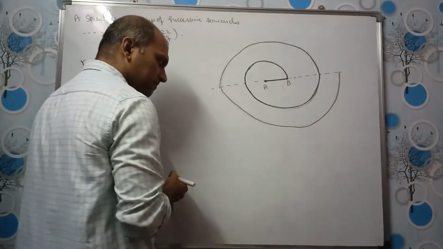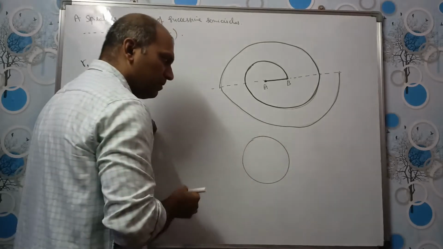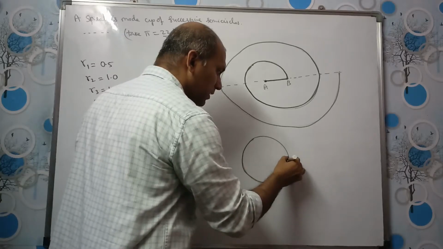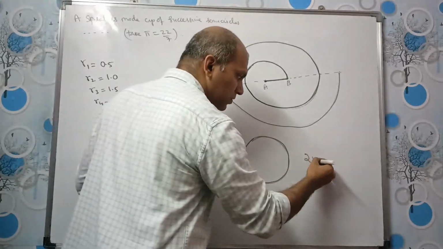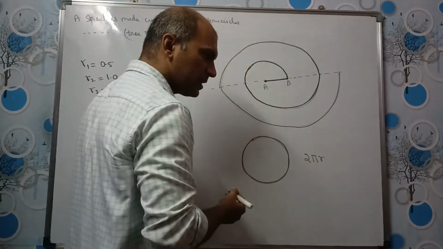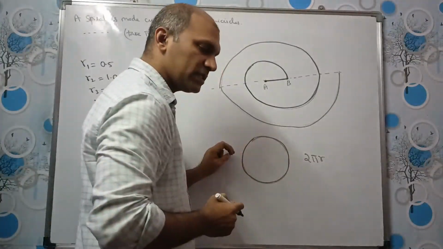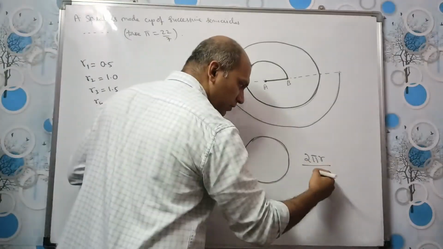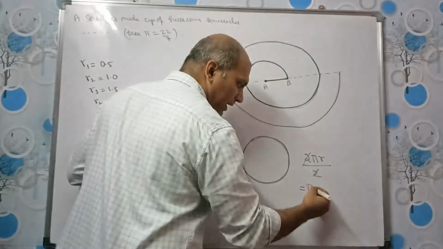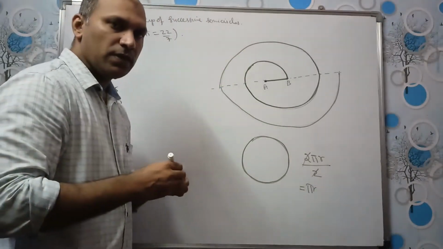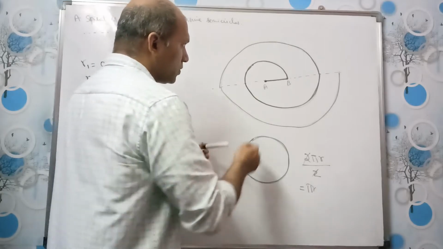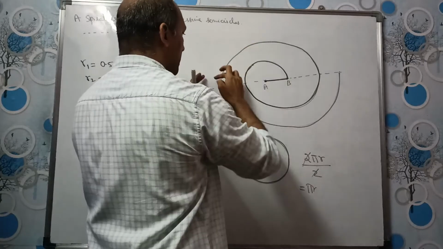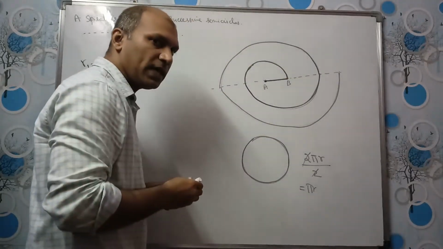So we know the perimeter of a semicircle, right? The circumference, the length of the boundary of a full circle, is given by 2 pi r. But we have only half a circle, right? So we need to divide this by 2. So pi r is the length of a semicircle, right? So this is pi r, this is pi r, this is pi r. We need to add all those pi r's, right?